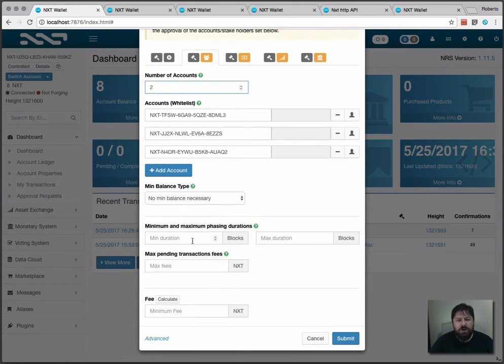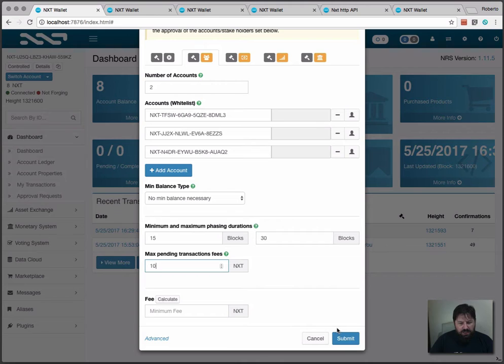I can choose for how many blocks a transaction is waiting for people to sign, which means that if the account does a transaction, and this is the emulation of MultiSig, I have a margin of time for all the signatures, or the needed amount of signatures, to sign. So in our case, we can put 15 blocks, which will be 15 minutes, and maximum 30. So it has to be signed between 15 to 30 minutes. So I can put like 10